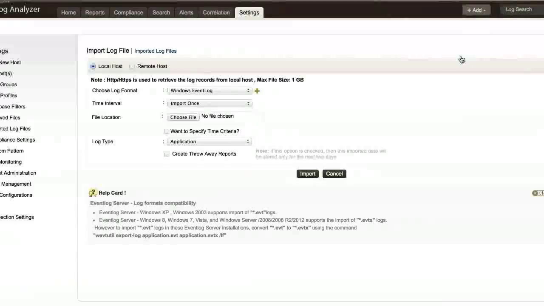You can choose to import the application log from a local host or remote host. The local host has a maximum file size of 1 GB, and when you import the log from a remote host, the file size should be less than 2 GB. Once after selecting this, choose the log format of the application and specify the time interval. That is, if you want to import the log only once or if you want to import the log periodically